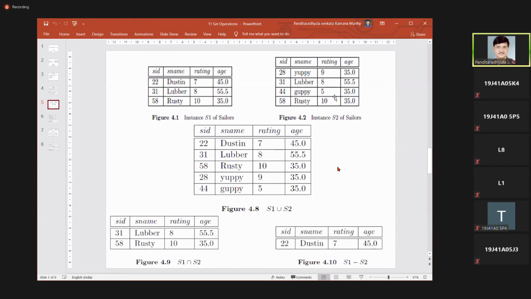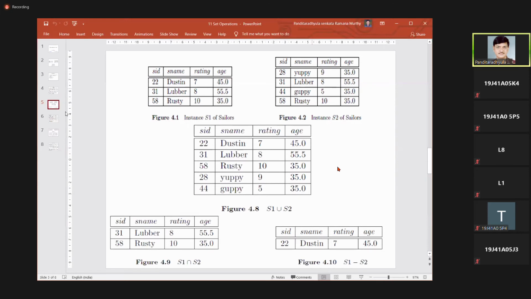So what are the duplicate values? Lubber and Rusty. They did not participate earlier in the union operation, but those duplicate values are now present in S1 intersect S2. That is the meaning of the intersection operation.